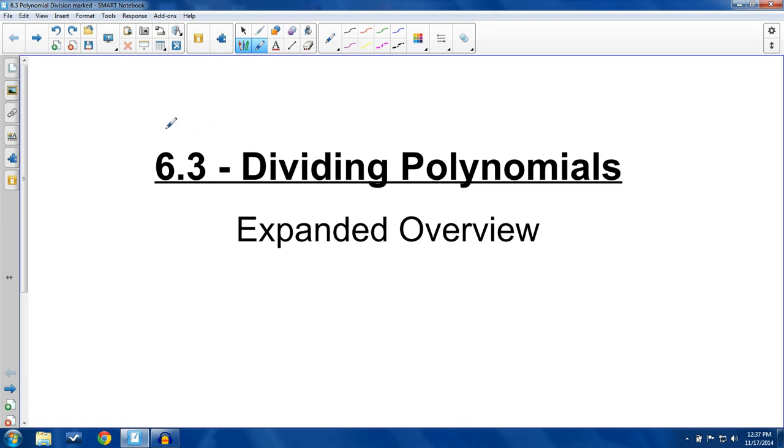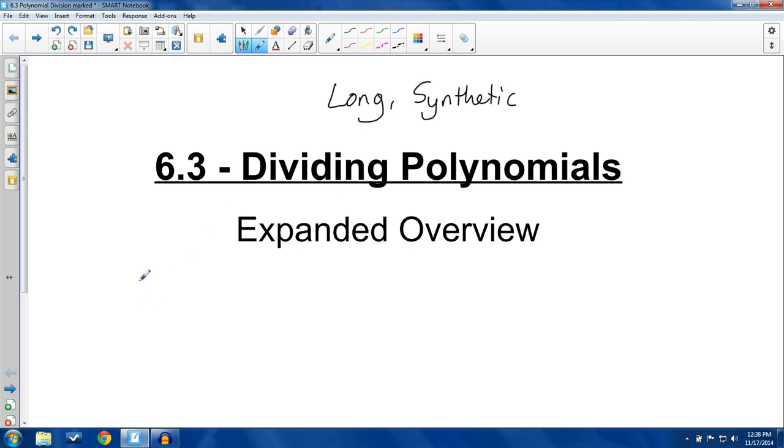Okay, I'm going to revisit section 6.3 for you guys because I really feel like this is the highlight of the new chapter's new material. Dividing polynomials, and that means long division and synthetic division, with polynomials, of course. Now, the reason I say that is because if you think about everything else in our